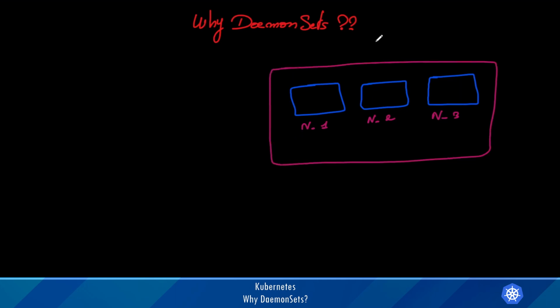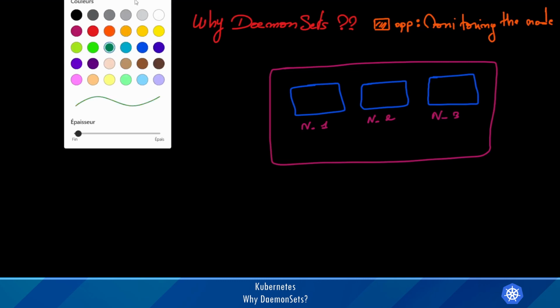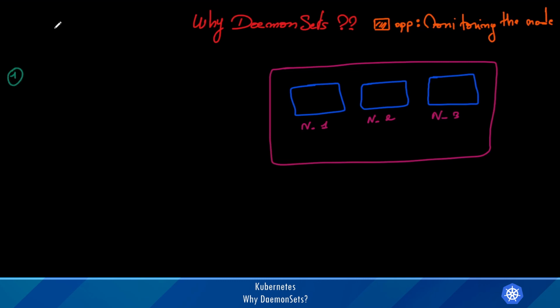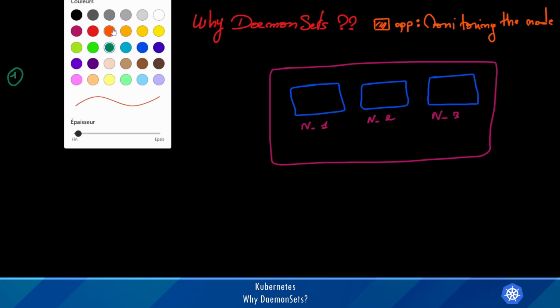Let's say that here we want to deploy an application on each worker node. The purpose of this app is for monitoring the node. So we want to deploy this application on each worker node, and the purpose of that is for monitoring the node. Here we have a requirement to make sure that each node runs an instance of